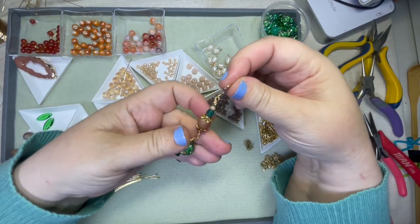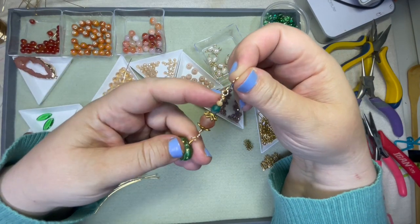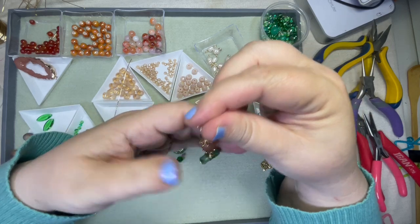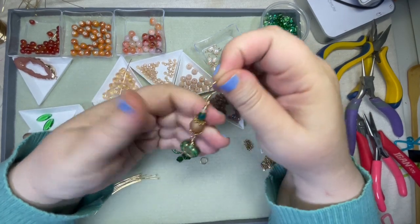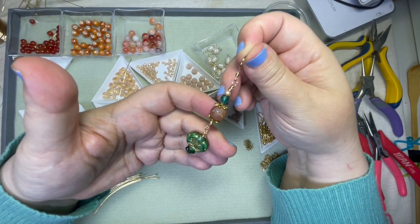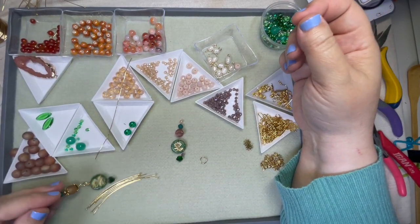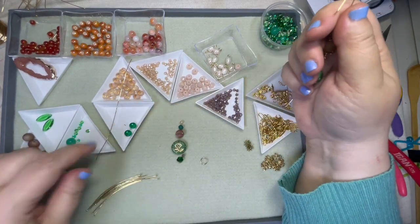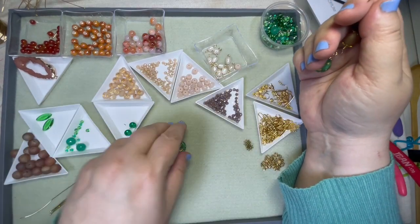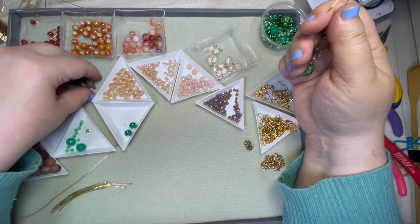That's no fun. So here is our green check bead with our beautiful druzy bead from the box. We use the neutral rondelles from the box in a couple of spots. So I would say more green than our actual. We used pretty much an accent color for the bargain bead box. Now the next set of earrings we do, maybe we'll do the opposite. We'll do more of the bargain bead box color. I am going to finish the other earring off camera so we can get to another earring, and we will take a look at all of them once they're put together. So I'm going to move these to the side for now,